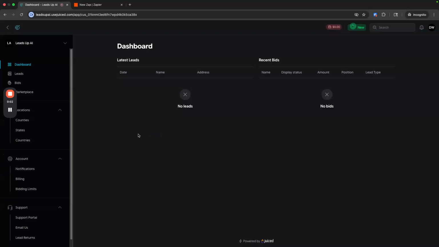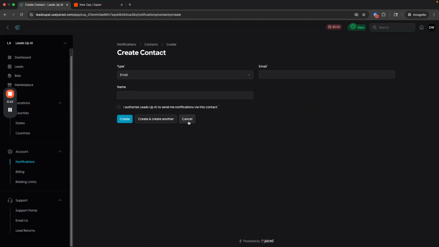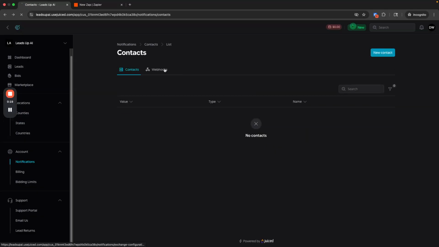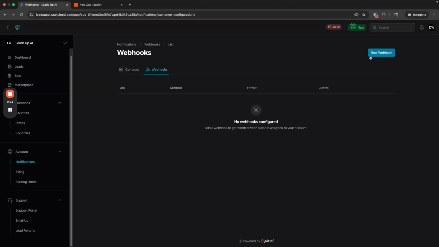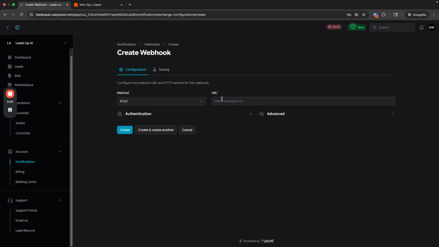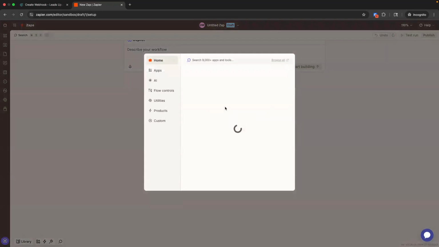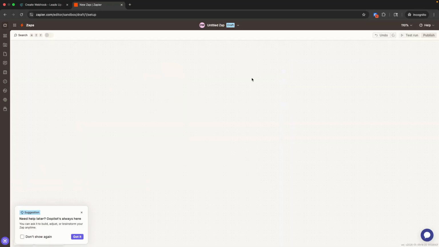All right, let's set up your webhooks using Zapier here. So notifications, and then you can go and set up new contacts in here too for emails and stuff like that. And then as far as webhooks, you can pop in, create a new webhook right here, and then the post URL. So if you're using Zapier, you want to come over here to Zaps and select webhook,